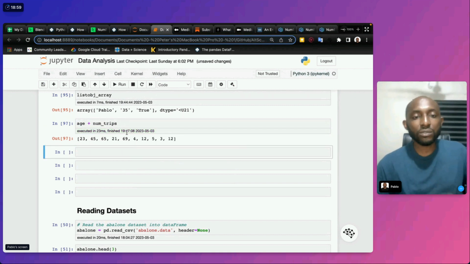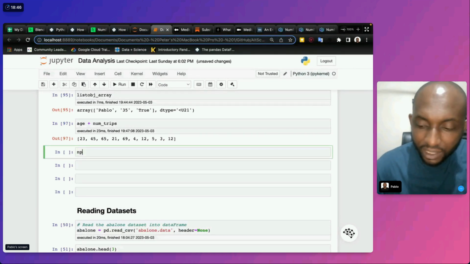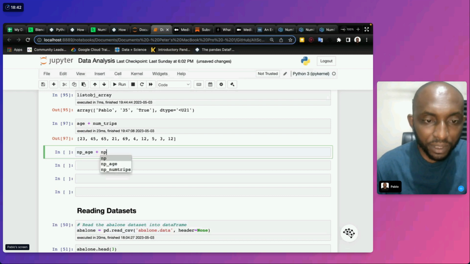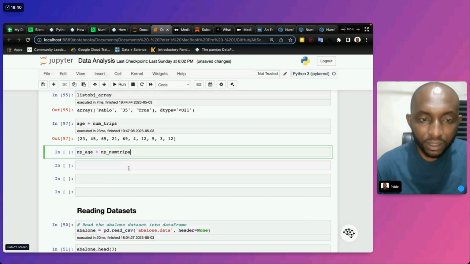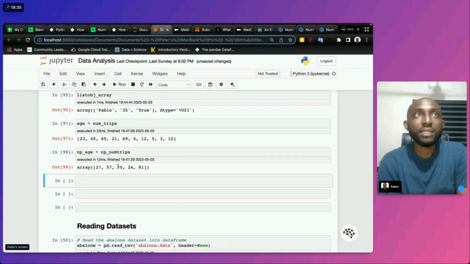What happens? You took two lists and added them. They just came side by side and got added, age and this by the side. Now we created np_age plus np_trips. You see what happened there? They act different.